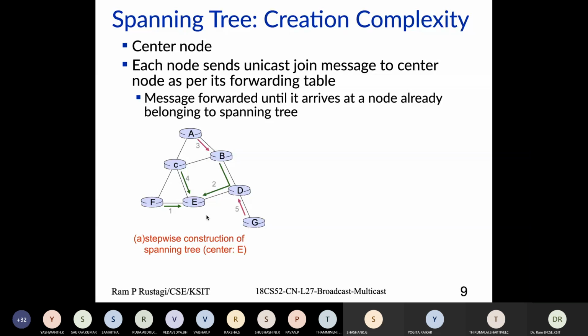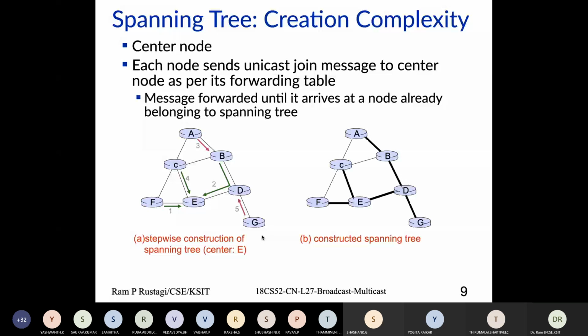So my spanning tree is like this: C to E, F to E, D to E, B to D, and that way. So you basically send a message to the node, and if the node is already part of the spanning tree, the message is not percolated, otherwise it is percolated. So this is the way a spanning tree is made, and once a spanning tree is made, each node knows only the edges which are part of the spanning tree, not the other edges. And a node will send a message only on the edges corresponding to the spanning tree. So the only challenge is building the spanning tree, which itself is a challenge, but assuming the spanning tree is built,